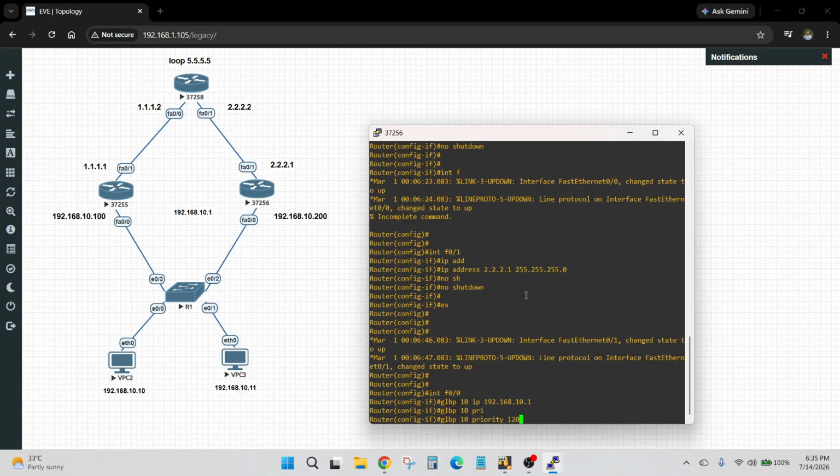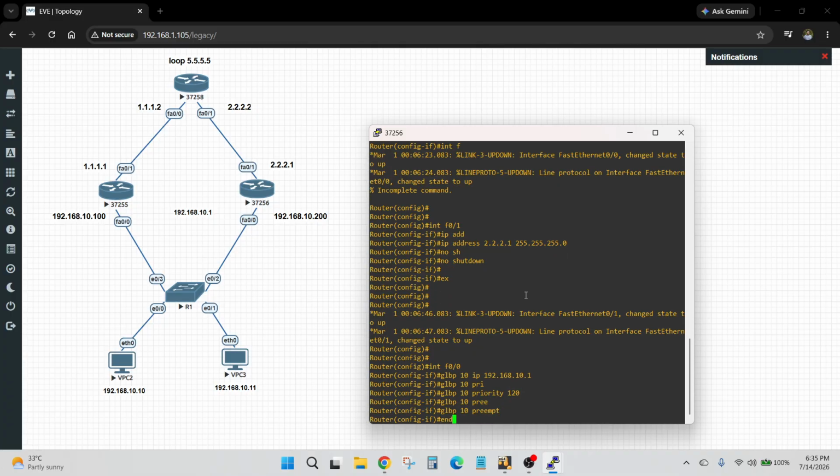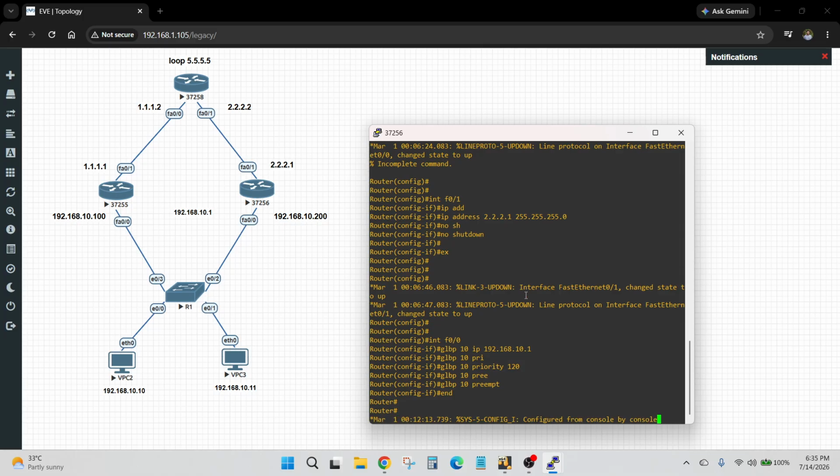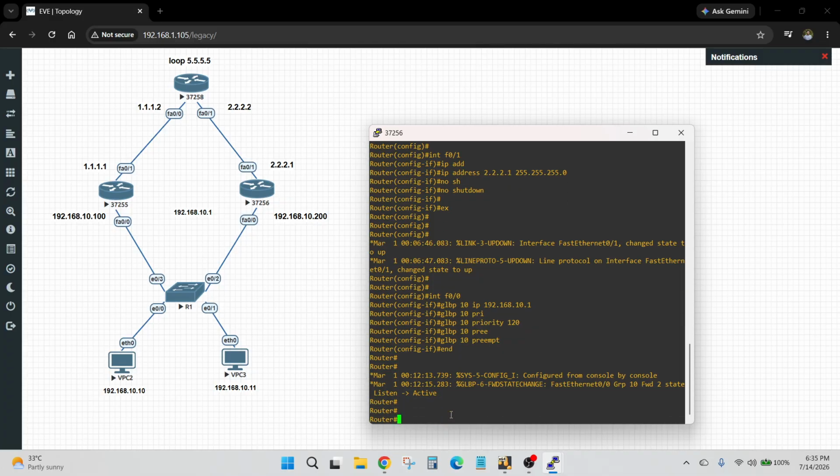We set it to 120, because on router 1 I set 150 and on this router 120. Then GLBP 10 preempt and end. So now I can check.